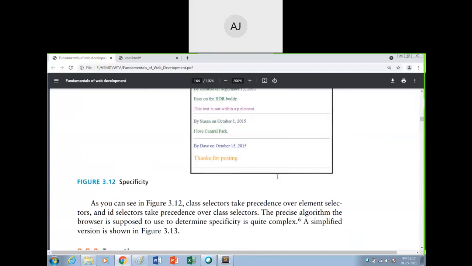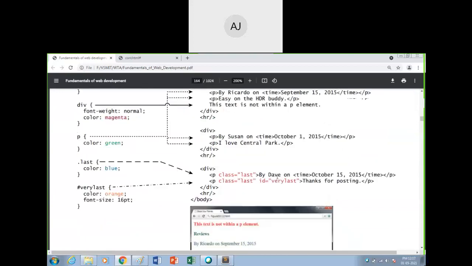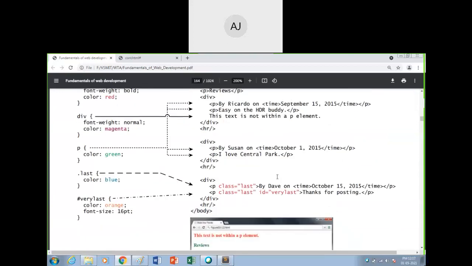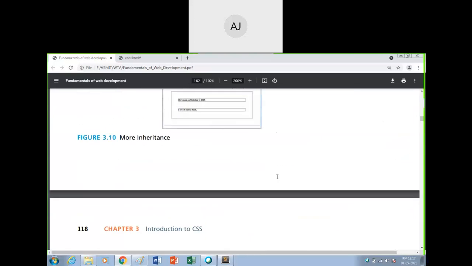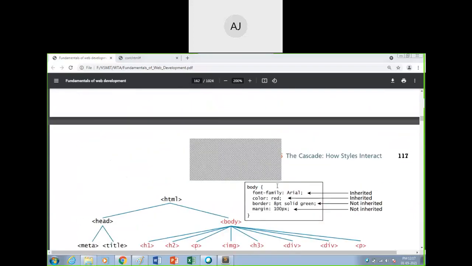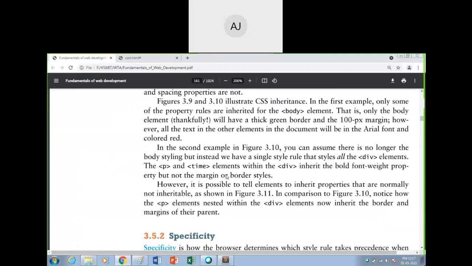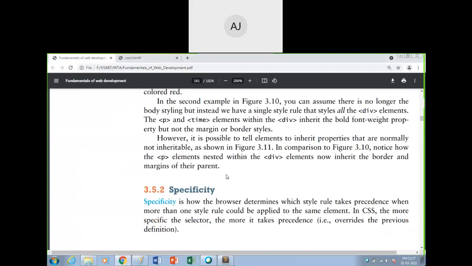So there are three important principles which you have to use for cascading. What are those? The first one is inheritance. Follow the child-parent relationship: give more priority to the child, after that the parent. The second one is specificity, so specify the things.